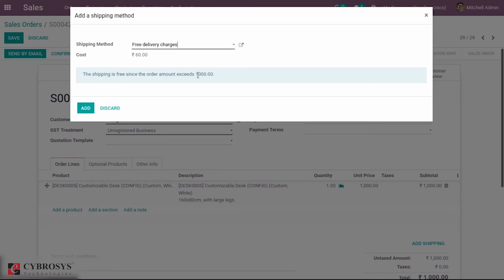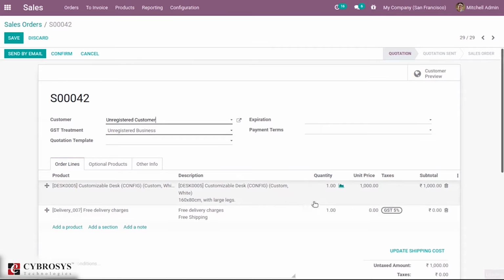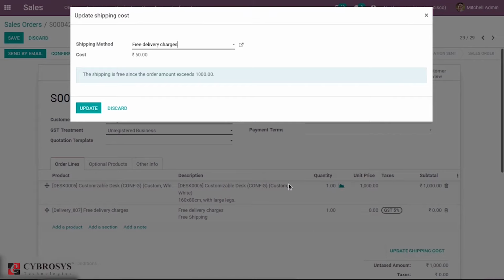As we have given inside the free delivery charge shipping method, if the unit price of the product is above or equal to 1000, then delivery charge will be free. If I click add, you can see it is 0 as the price is equal to or above 1000.